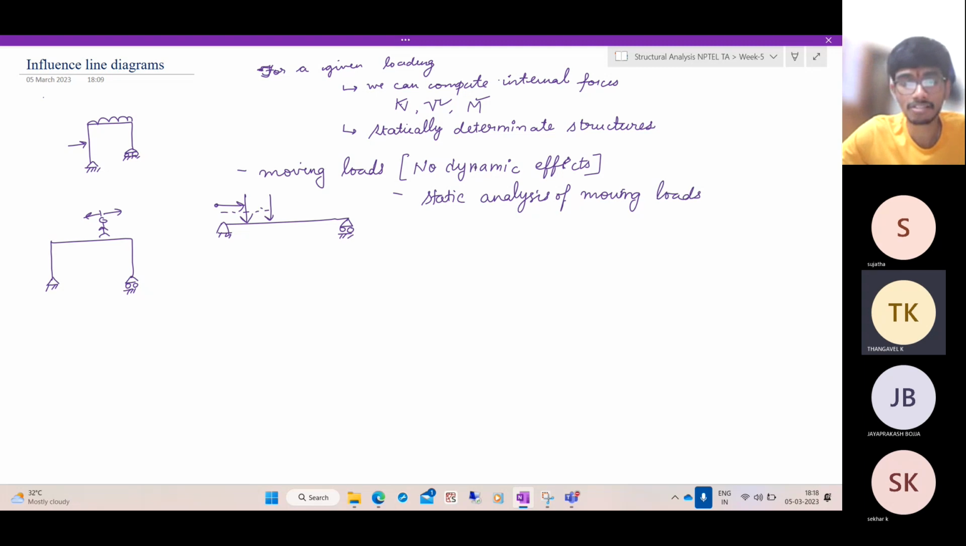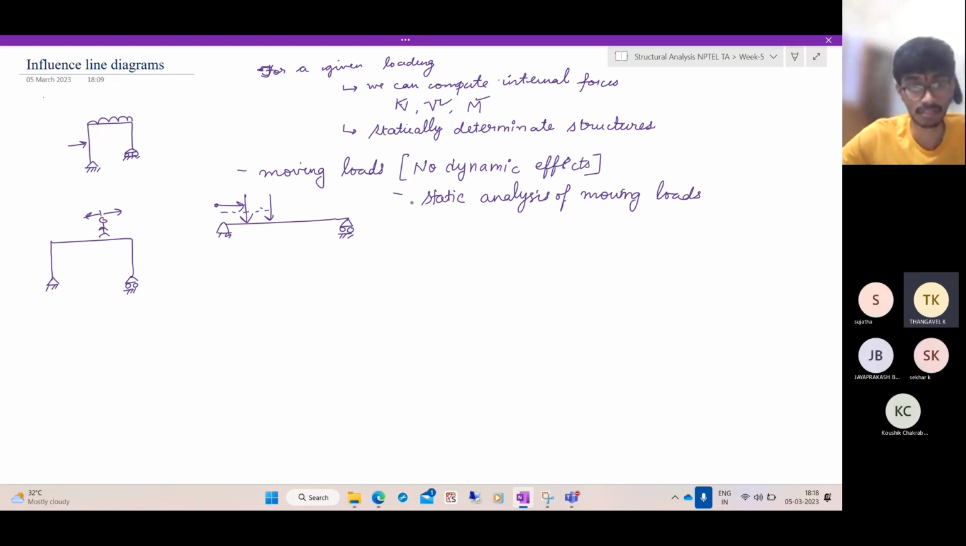This static analysis of moving loads becomes very simple when we draw an influence line diagram. So what is an influence line diagram? The influence line diagram is